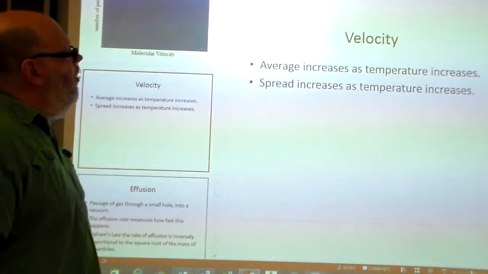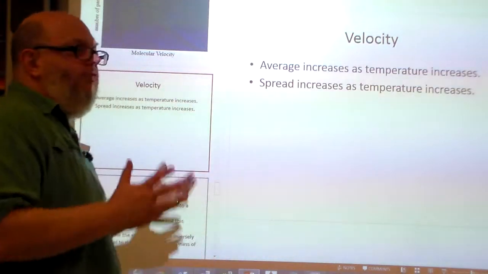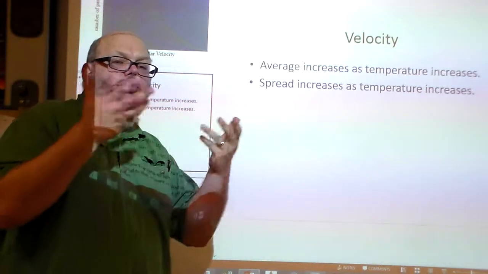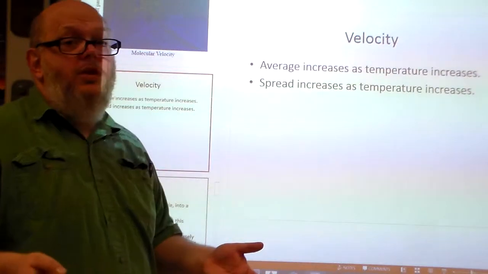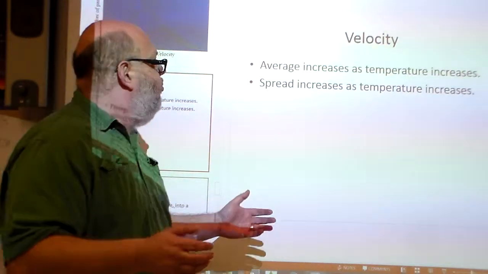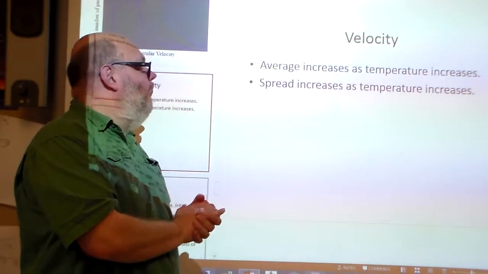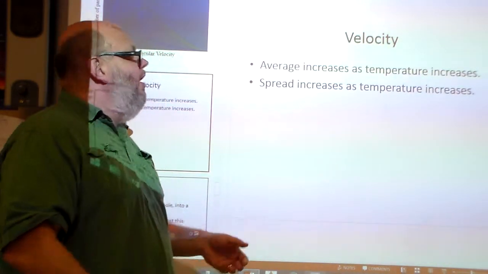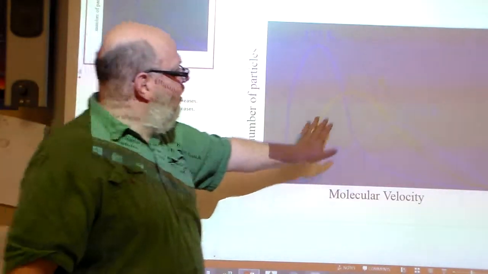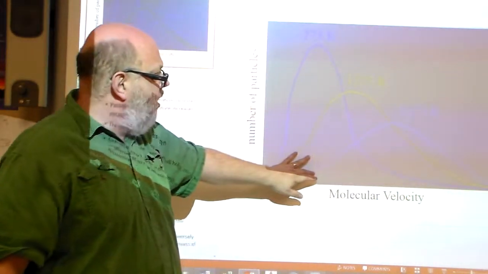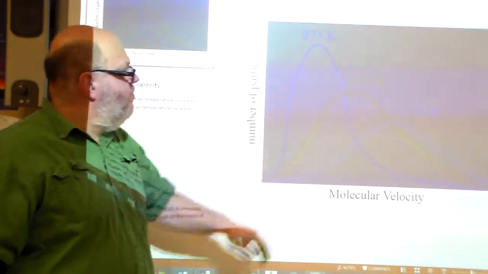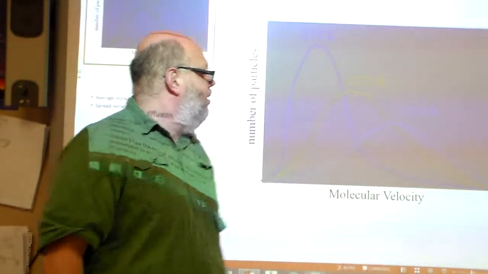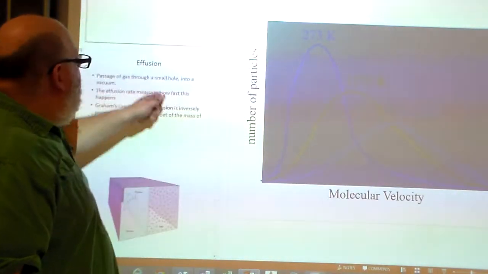When we talk about velocity, here's the bottom line, if you didn't understand the graphs. When the temperature goes up, the velocity is going to increase. There's more energy for those molecules to zip around all over. The spread will increase as the temperature increases. This is exactly what you're seeing. There's more of a spreading out as the temperature increases, but you have fewer particles at any one velocity. All right, let's move on.